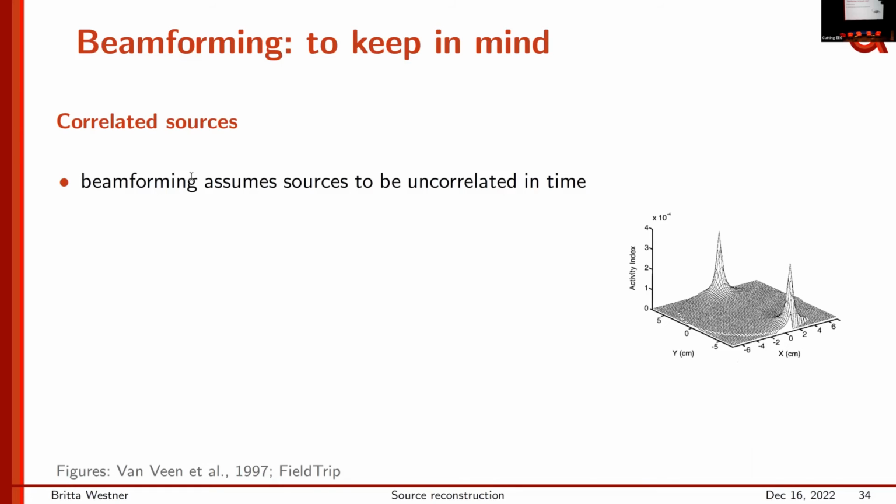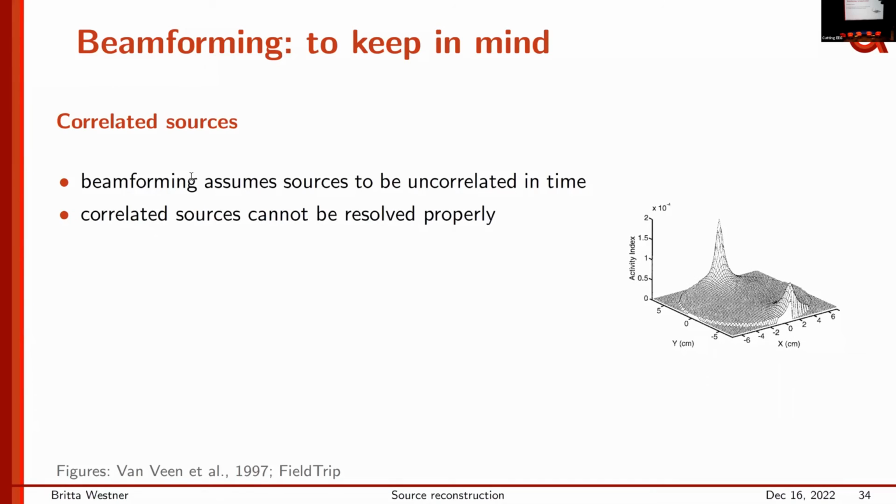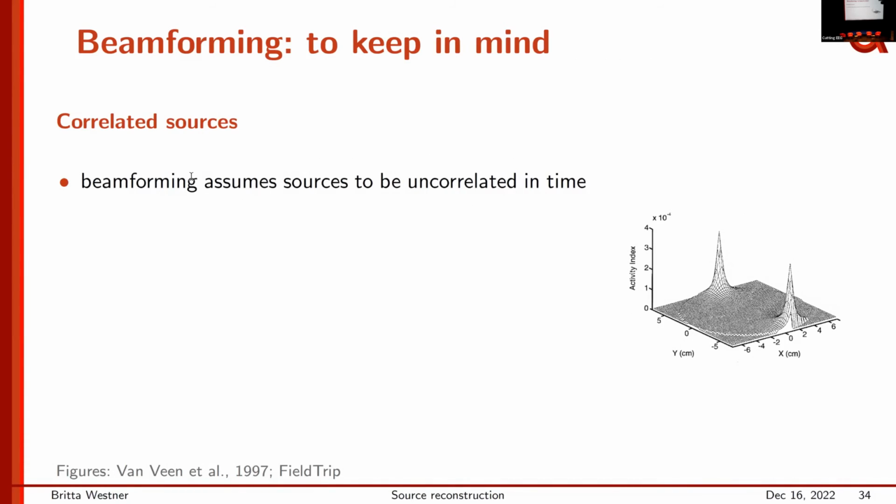So this is what you get with uncorrelated sources. However, if we crank up the correlation between the source next to the left ear and the source next to the right ear a bit, what you will see in the source reconstruction of those data using a beamformer is this blurring. The peaks are not that sharp anymore. The one on one side is even more compromised than on the other. And you can see, I'll just go back, it also changes how this drops off here. There is more smearing